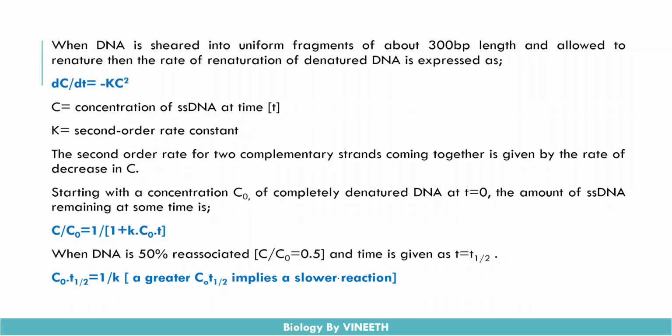With the substrate constant, the rate of reaction will be majorly dependent on the substrate concentration. As the substrate concentration decreases, as the C naught value decreases, the rate of reaction increases. So when there is a higher C naught value, the reaction rate will be slower. That means when the concentration of this single stranded DNA is at a higher amount, the reaction rate will be very slow. That is given by this formula,